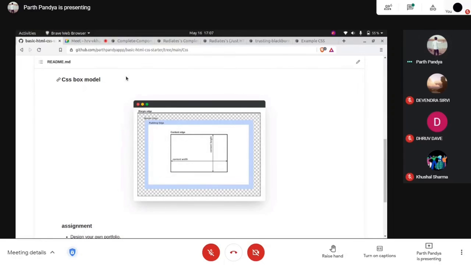Again, this is an HTML element, and inside it we have the content. The content is enclosed by the padding area. The space between the content edge and the padding edge is the padding, like the inner space of a box.